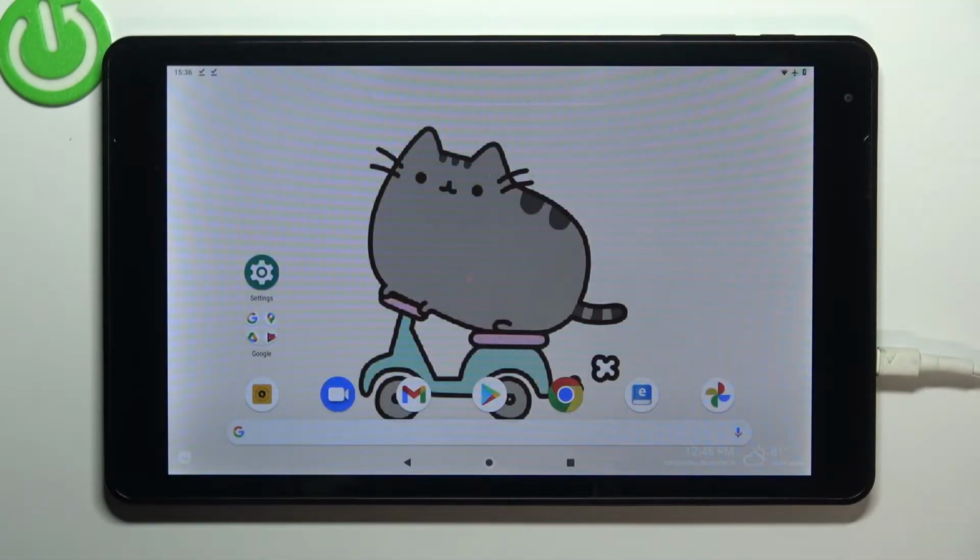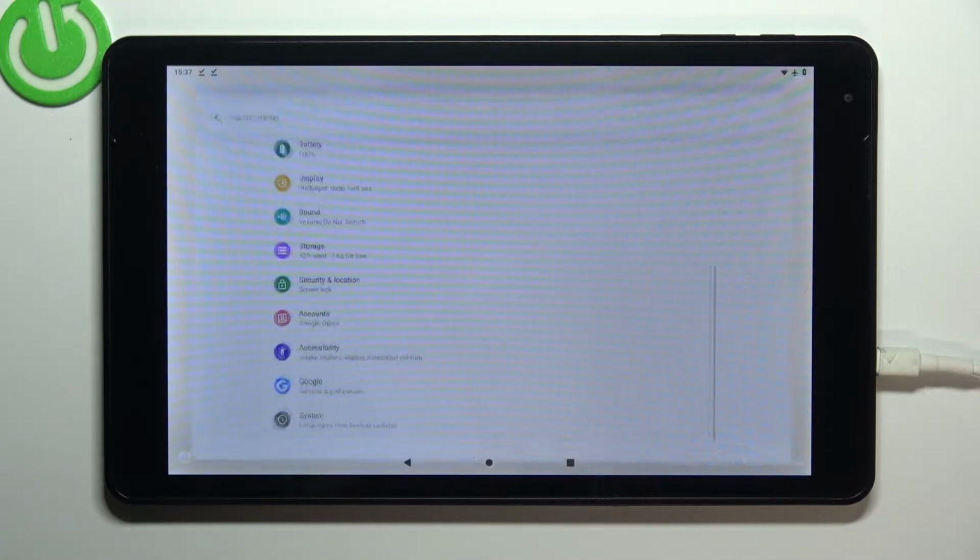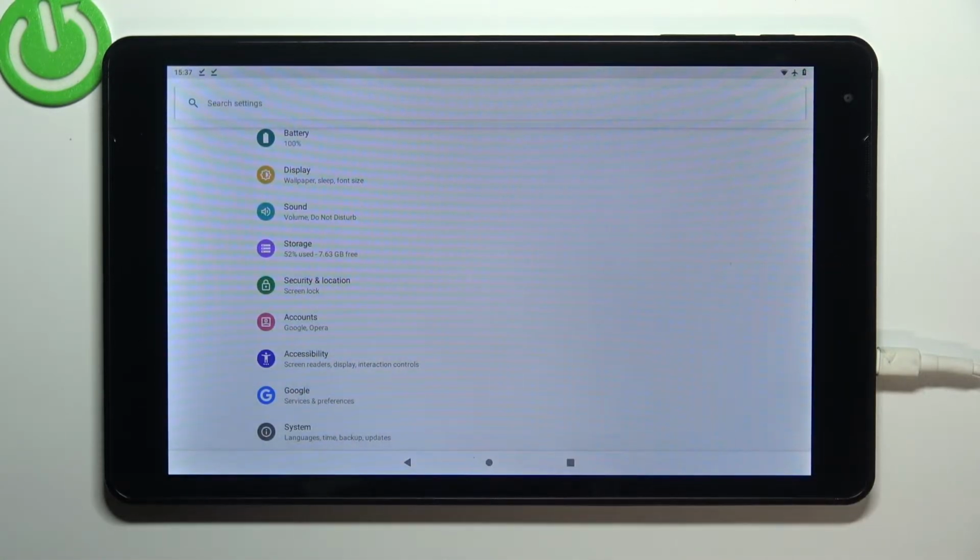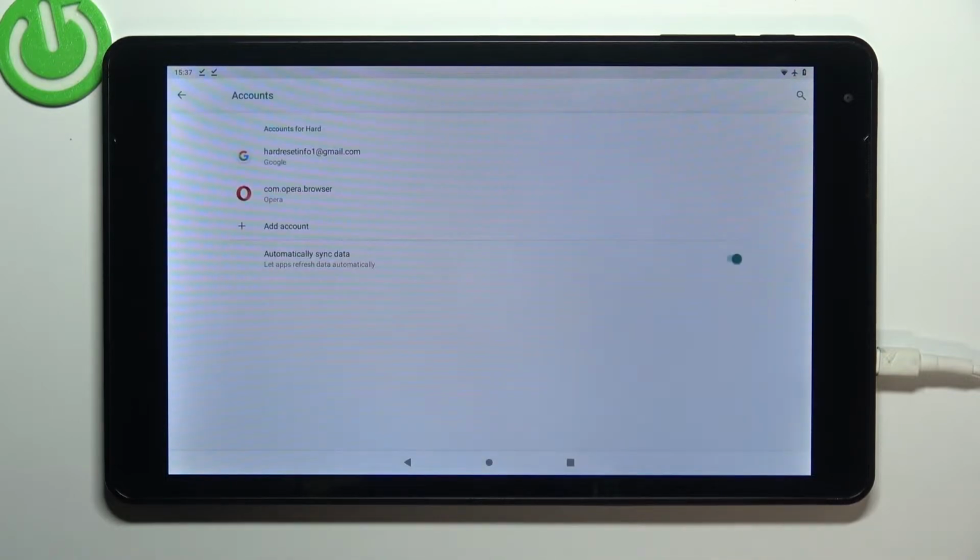Hi everyone, in front of me I've got ODYS THANOS 10, and let me share with you how to add or remove a Google account from this device, so basically how to manage it. So first of all, let's enter the settings, and here we have to scroll down to the very bottom to find the accounts. As you can see right here, we've got our previously added Google account, so we will begin